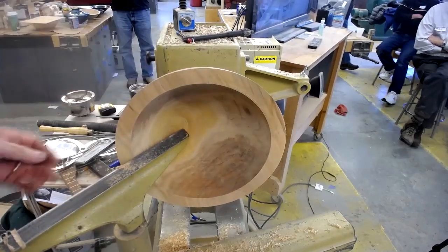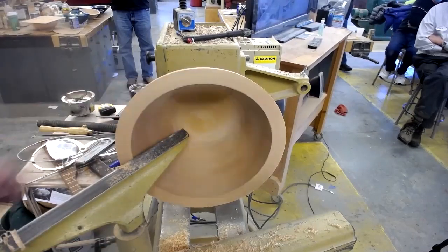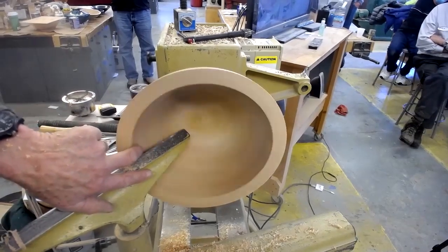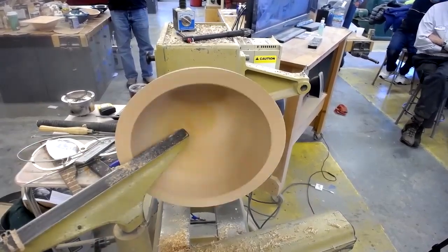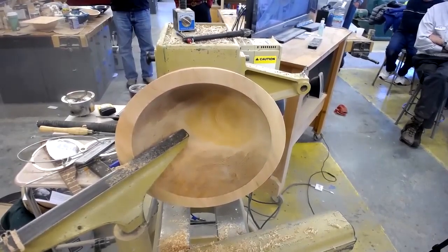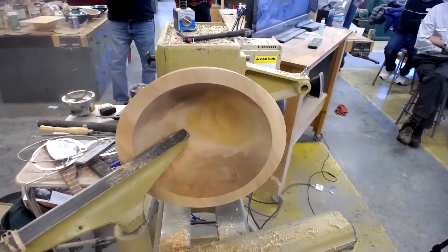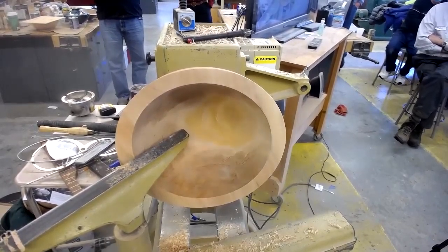Okay. Bear with me, I'm going to have to dodge around the camera. The hardest part, it's, I've always wanted to try one of these. Wow, that is slick. My lathe, you have to take it and trudge it over and then trudge it back, but